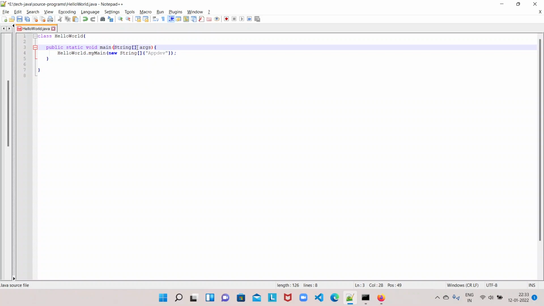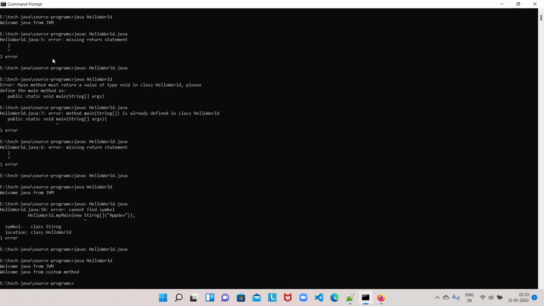If you want to pass any arguments to this main method via JVM, they have to be passed through this string array. Let us see how to pass an argument while running this class from JVM.